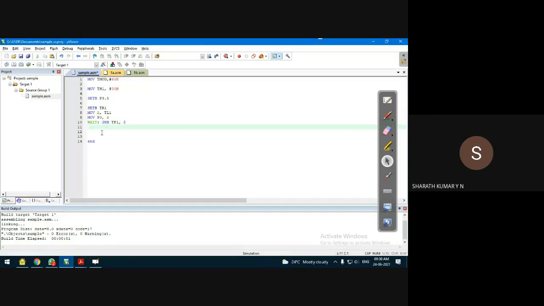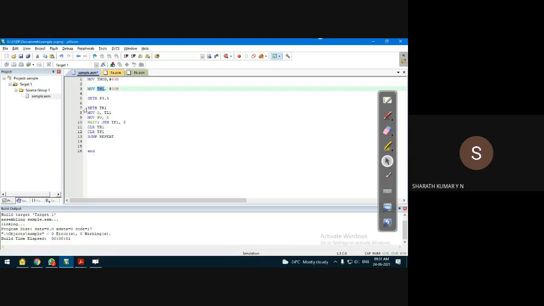Once the overflow flag condition occurs, stop the timer: CLR TR1, and clear the overflow flag: CLR TF1. If you want to repeat, you can do a short jump to repeat. We need not configure the input port again, and since it is mode 2 operation, we need not set the initial value.